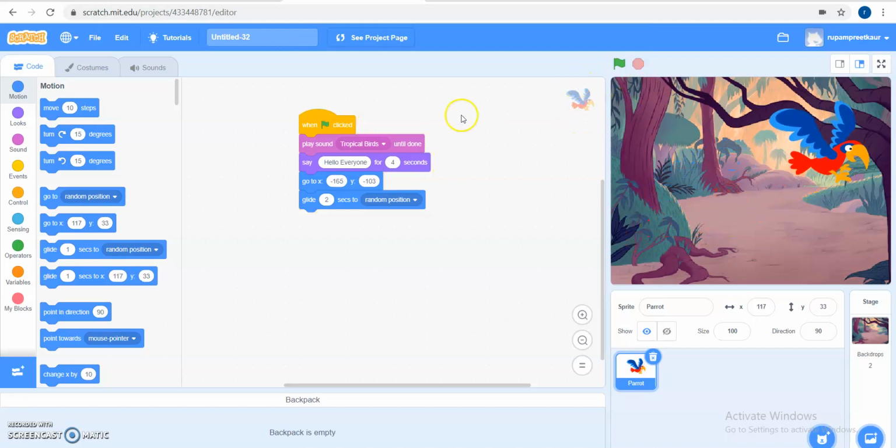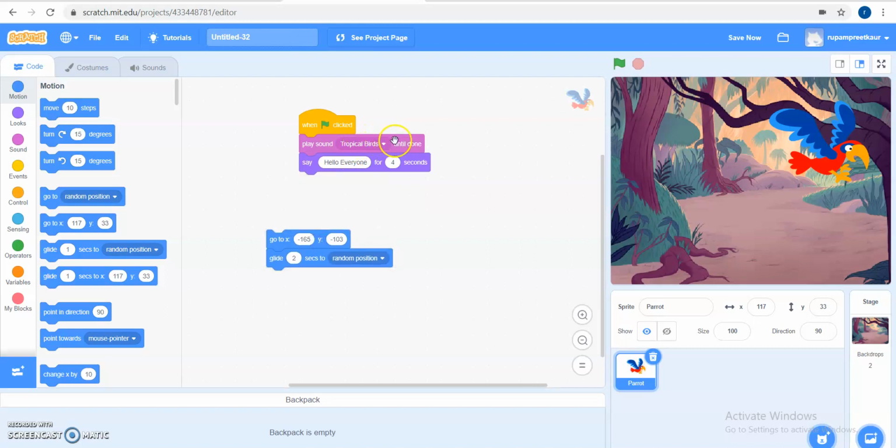As I told you, the blocks will move from top to bottom. The first block, play sound tropical birds, was executed. Then say hello everyone for 4 seconds, this block was executed. Then go to x and y, this block was executed. After that glide 2 seconds to random position, this block was executed.